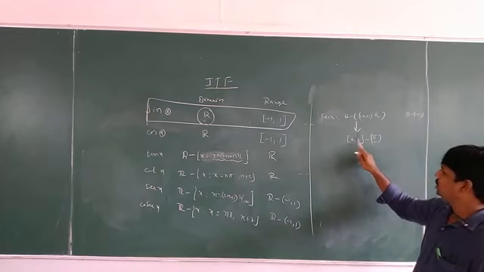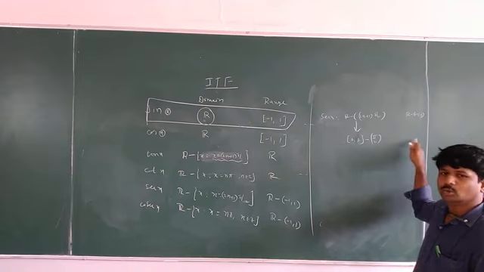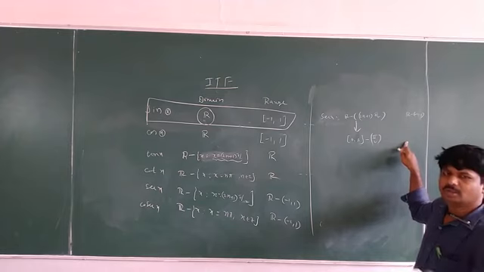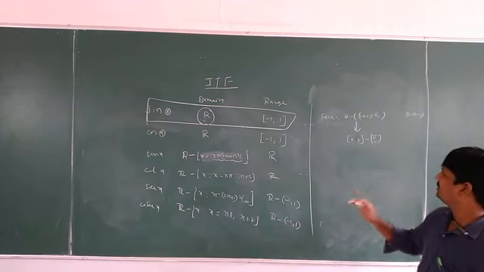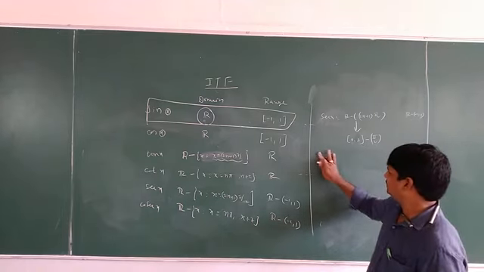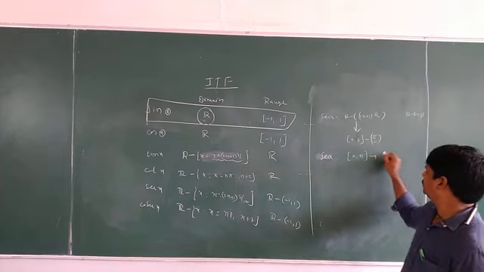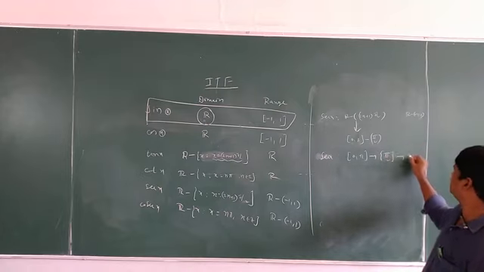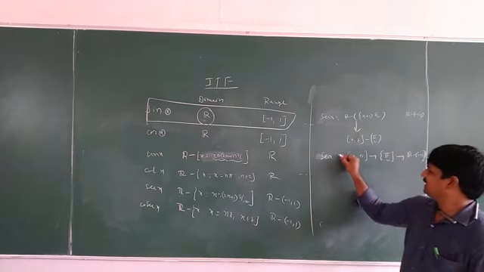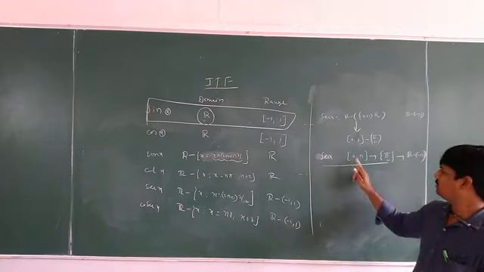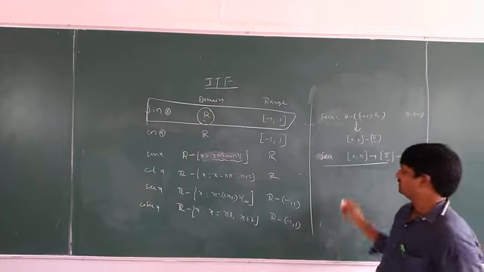That is why you have to restrict like this: closed 0 comma pi, minus pi by 2. And next, pi to 2 pi. Between pi to 2 pi, what is there? 3 pi by 2 is there, minus 3 pi by 2. Like that, for all terms. So, what is secant x here? From 0 comma pi minus pi by 2, the range changes to R minus the open interval minus 1 comma 1. So secant x, now it is a bijector function. Now we have to define the inverse.